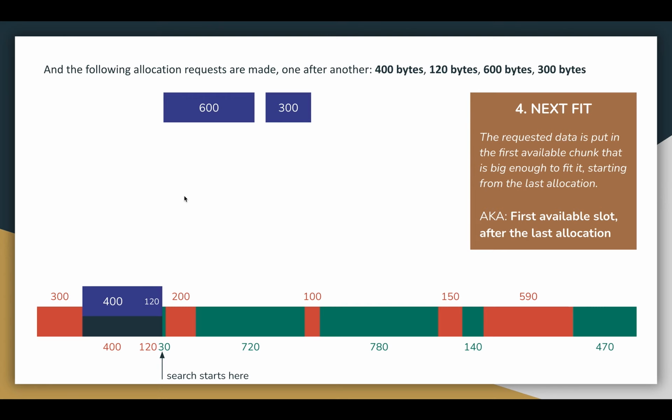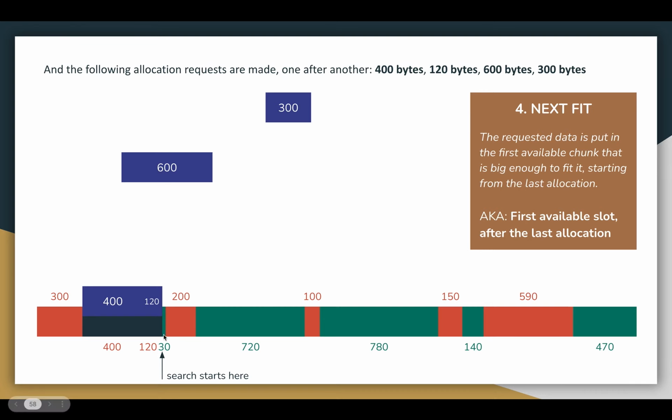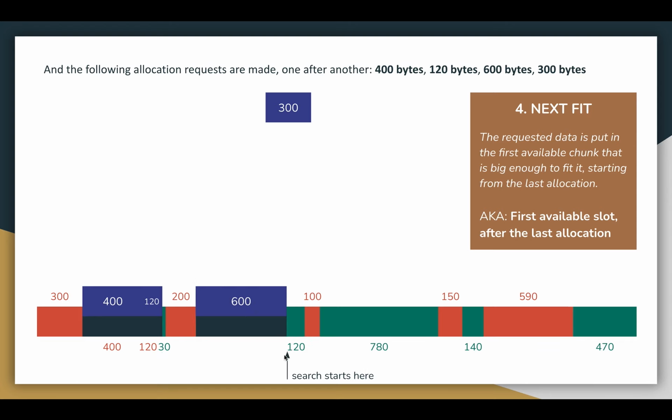Now we'll take the next block we're going to allocate, 600. And we'll search our memory from this point. Can we allocate it here? Nope. Can we allocate it here at 720? Yes. So we'll put it here and move our cursor right here